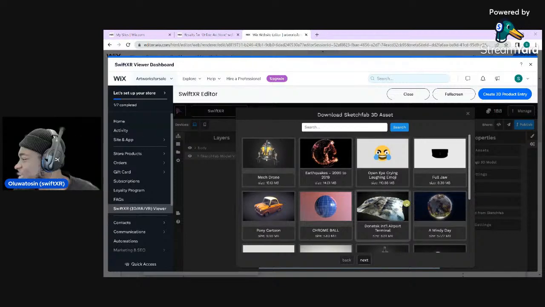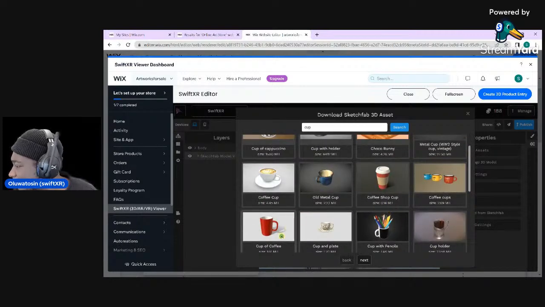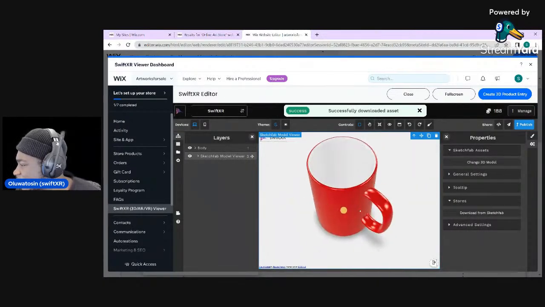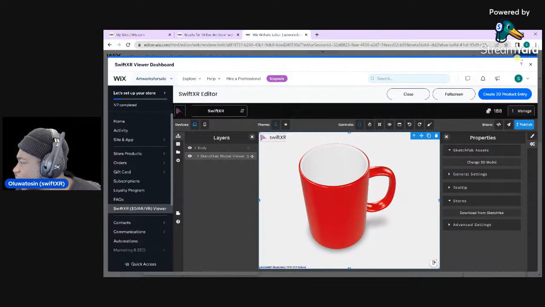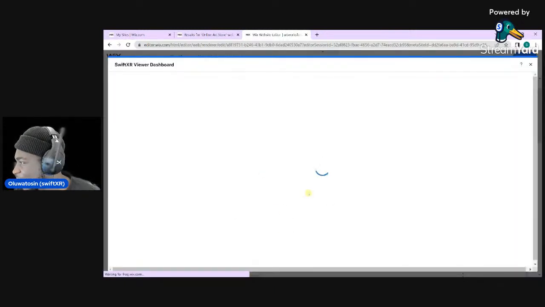So once we have our Sketchfab store here, you can just search for models and you get access to models easily. So in here, I could just search for a cup. I do believe we have a cup with our products there. So I could just search here and let's say we have this really nice cup here, and let's download that. So you have this 3D model of your cup here. Let's quickly close this and let me show us the reason why. So this is the product we have here, right? And we're just trying to create a 3D model for this. So let's head back here and